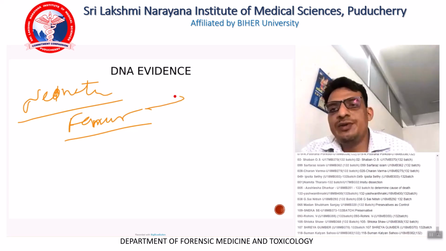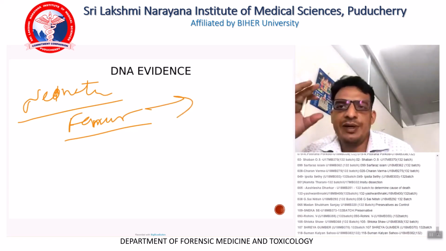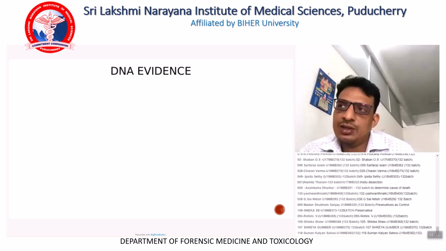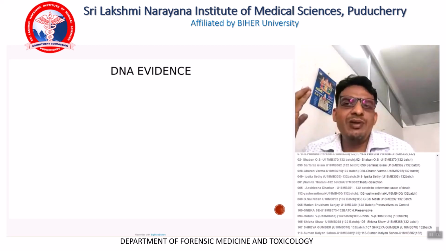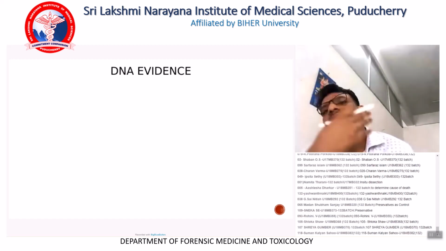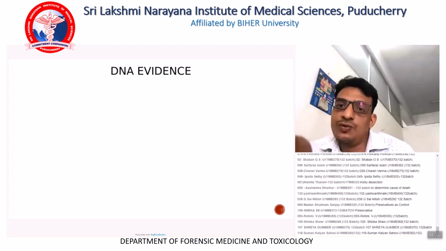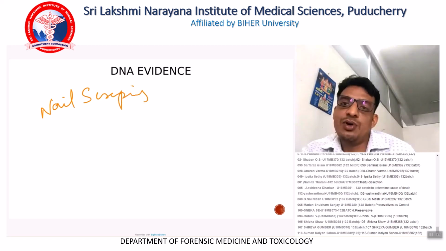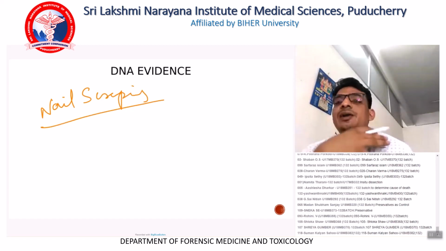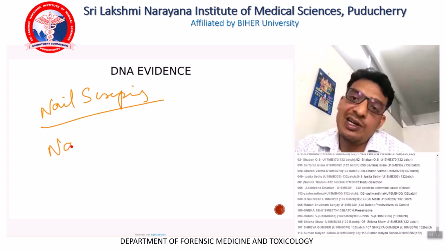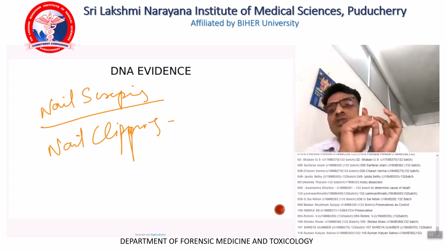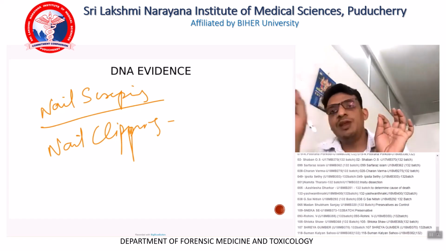Third, some particular important cases, like in an assault case where they are suspecting that the hand would have been used and there might have been some debris under the nails, then you can go for nail scrapings. And if a dead body has been brought to you to look for the assailant he would have handled, then you can go for nail clippings also. Nail clipping and scraping are different. If you just take the scraping debris from the nail, it is nail scraping, and if you cut the nail completely and remove that, then it is nail clipping. Next,